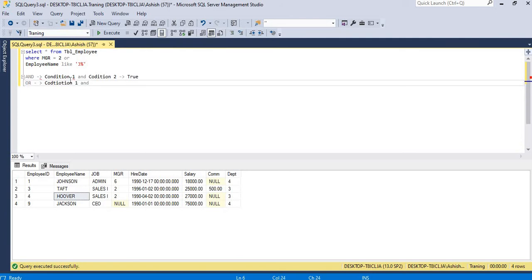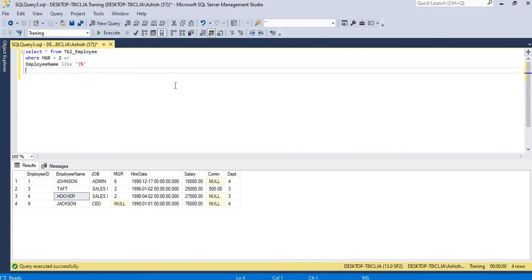Condition 1 or condition 2. So any one true, that will return the record. That is AND and OR.